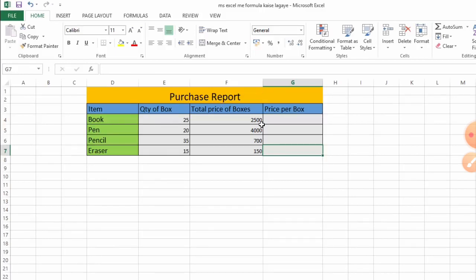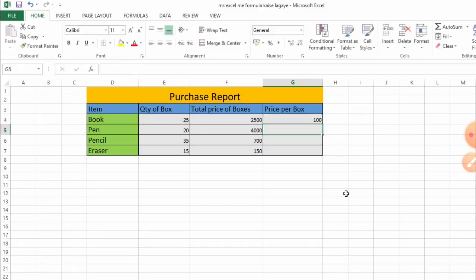We want to get the cost of one book, so we divide 2500 by 25. First we write the equal sign, then click the cell we want to divide, F4, which is 2500, and use the forward slash for division. Then click the quantity we want to divide by, E4, and press enter.